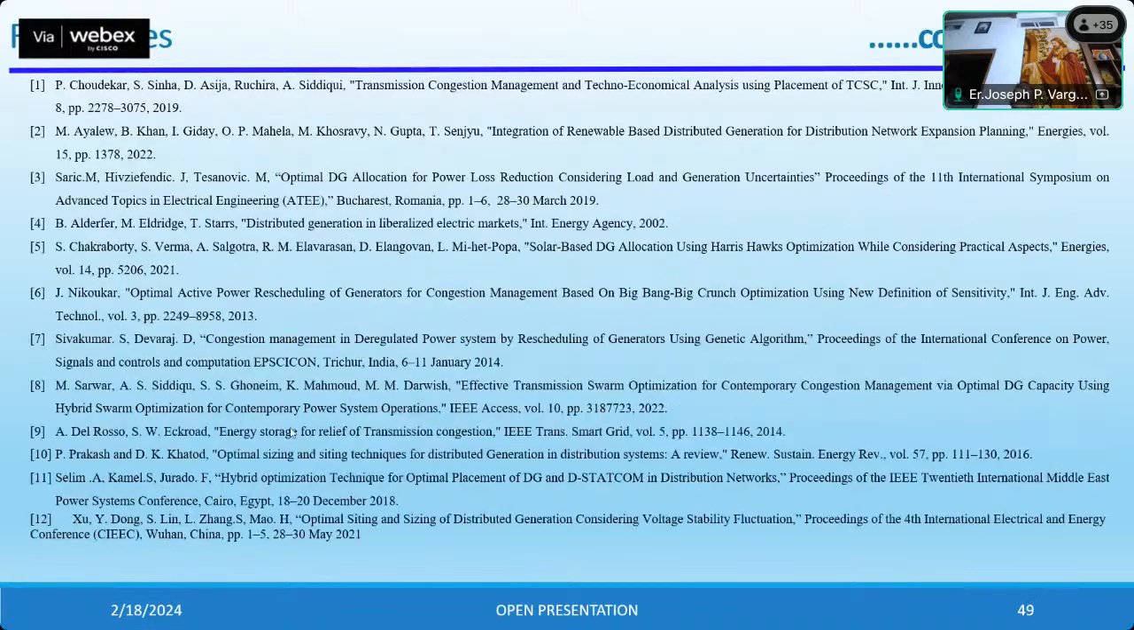We have used more than 105 papers for finding